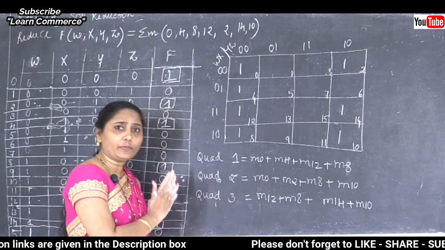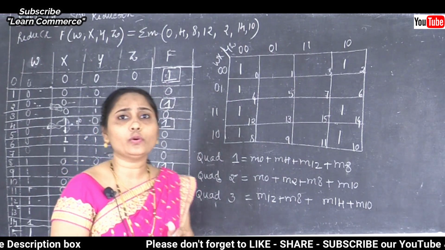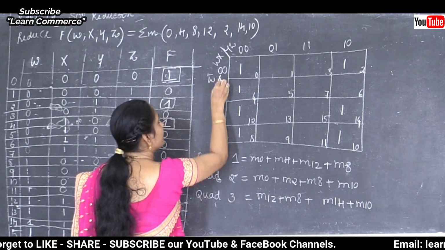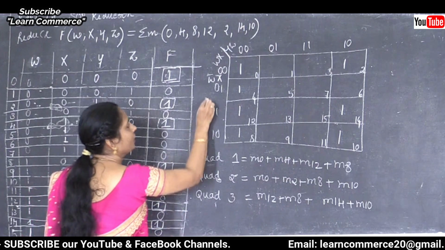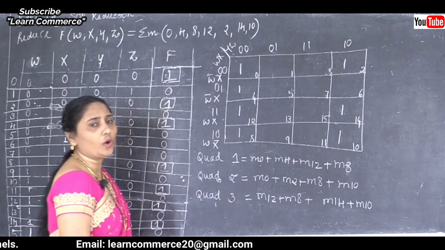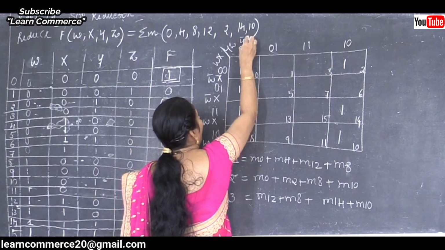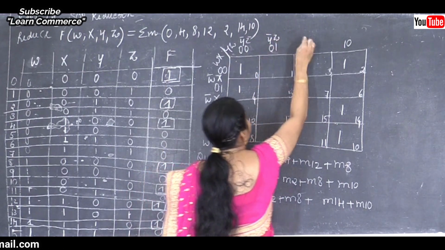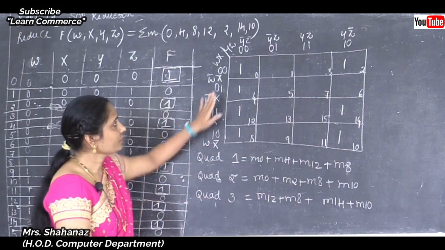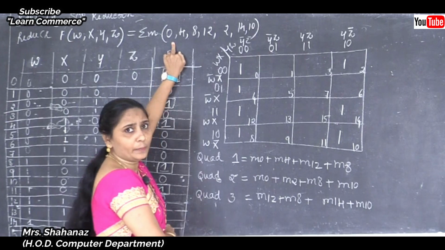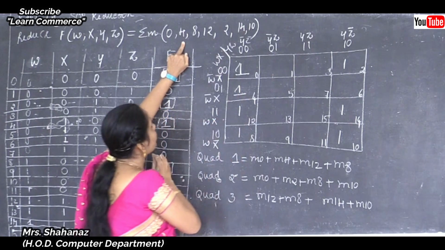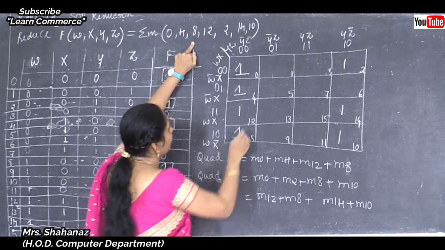And using some of the left as well as the top of the K-map, the values are 0, 0, 0, 1, 1, 1, 1, 0. And we know that wherever the value 0 is there, we need to take the complementation. So W, complement of X, and complement Y, complement Z, complement Y, Z, Y, Z, Y, complement Z. Later, in place of number 0, we need to take the value as 1. In place of 4, the value as 1, 8 as 1, and 12.